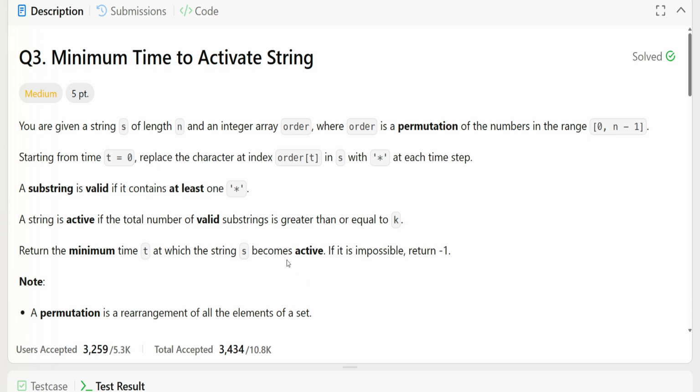Hello everyone, welcome back. So in this video, we are going to understand minimum time to activate string, right? I have already uploaded Q1 and Q2, so please go and watch them if you haven't. Okay, so let's understand. Pause this video and go through the statement so you can understand clearly what the question